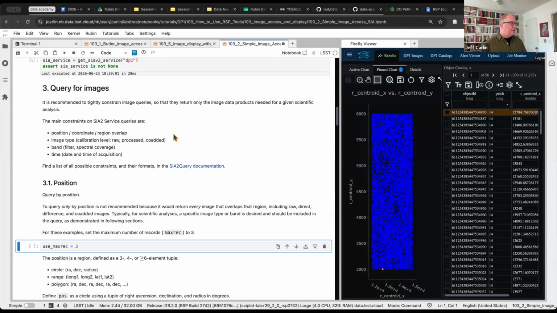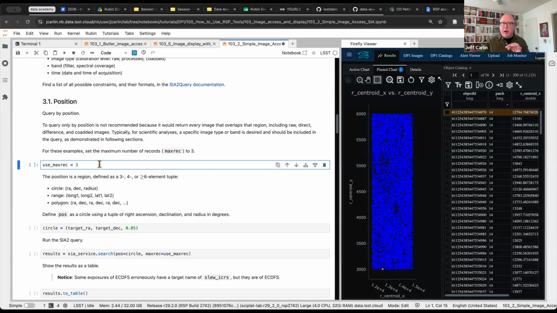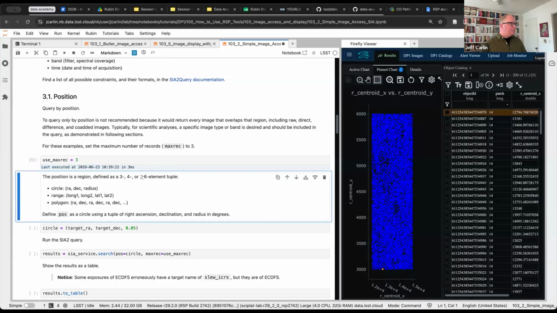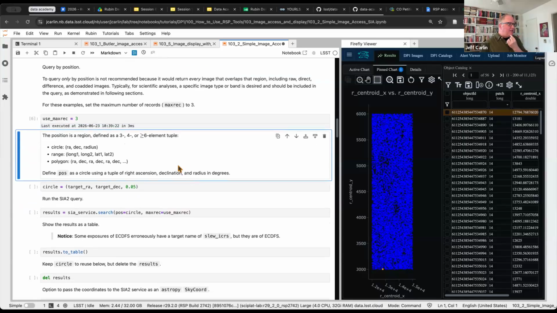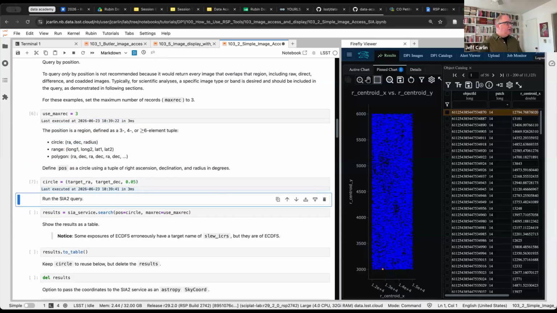And so now we've instantiated the service, and then very quickly we'll show you ways to query that service. We're going to set the maximum number of records it returns to 3 just for convenience here. The first one we're going to do is a circle. You define the circle by RA, Dec, and a radius, and the radius is in degrees. So we give it that RA and Dec that we defined, and we just say 0.05 degrees, and it should give you